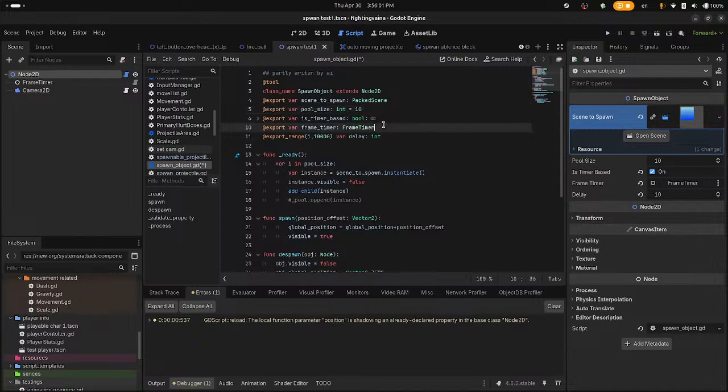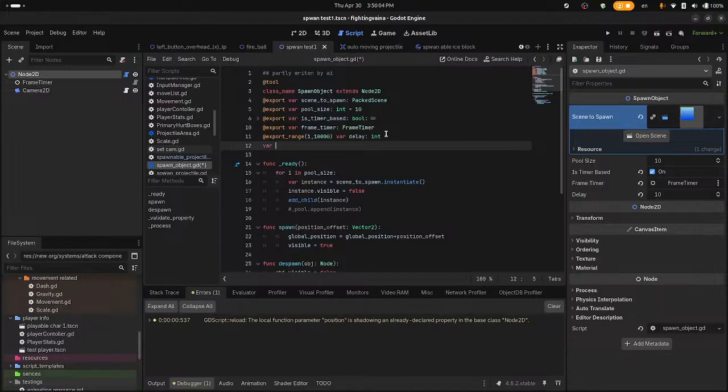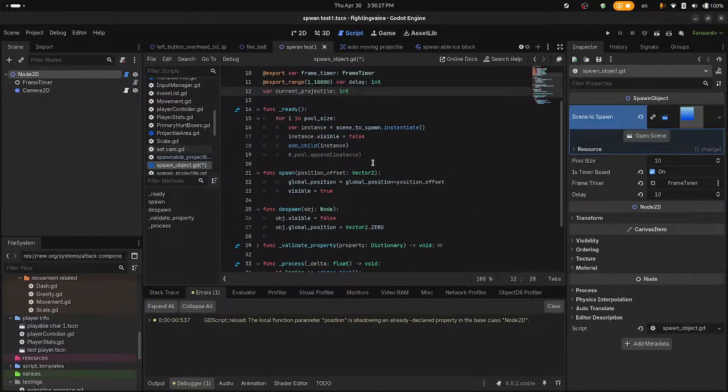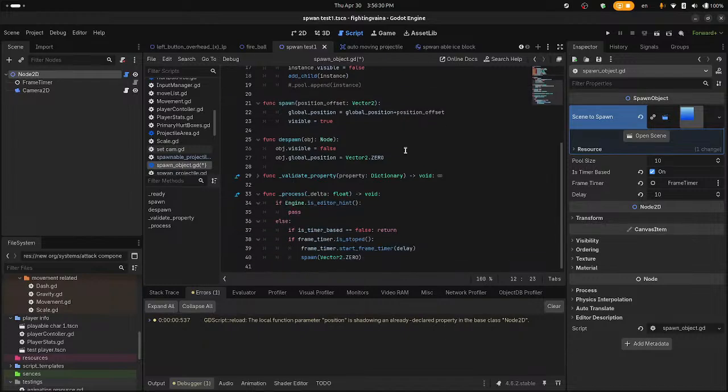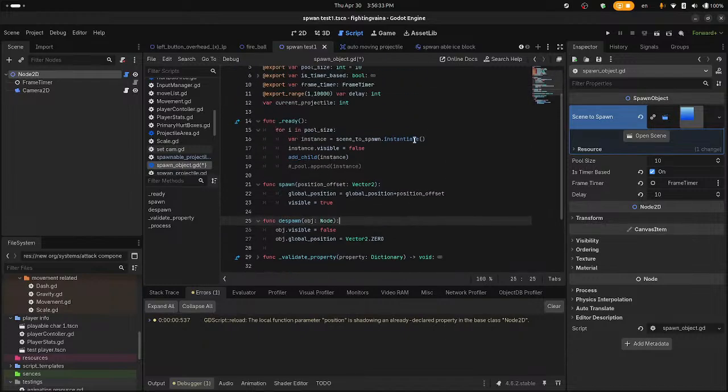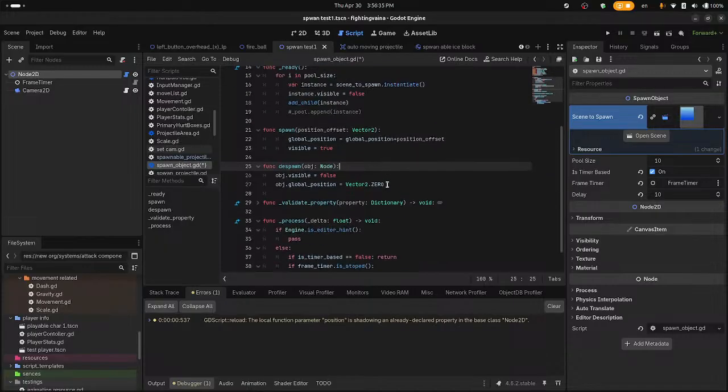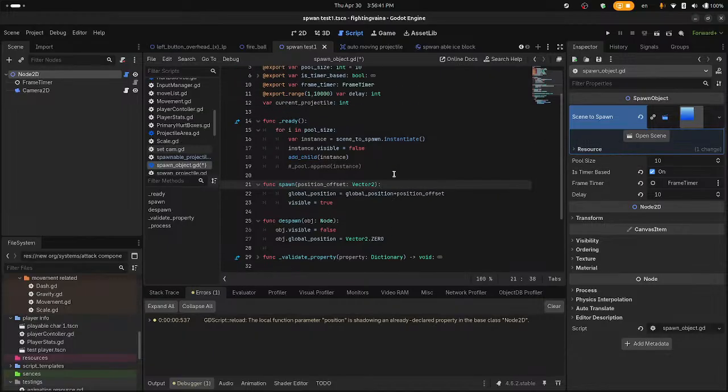I can put a variable that's like current projectile equals int. I'll type int. So from 0 to 1,